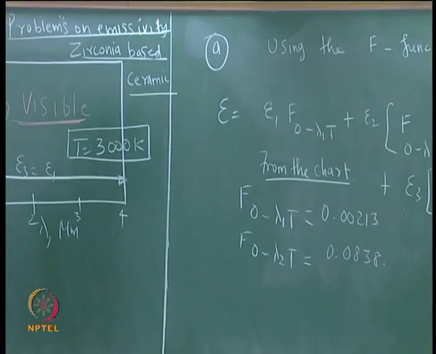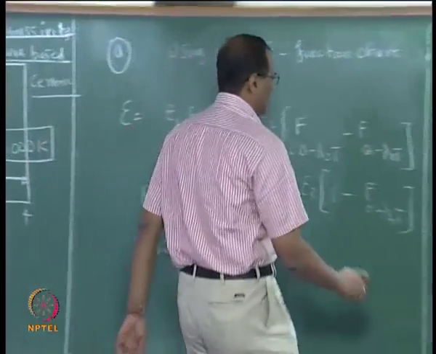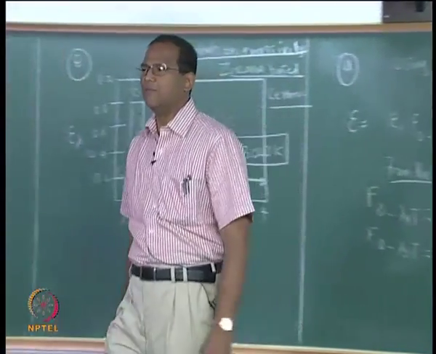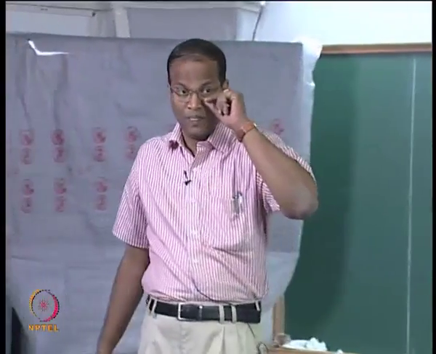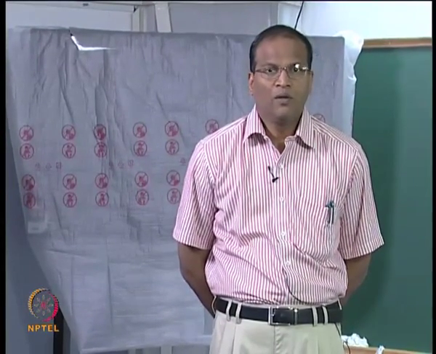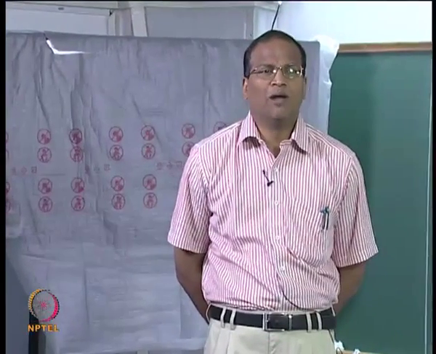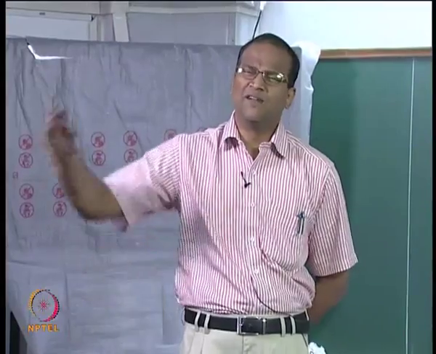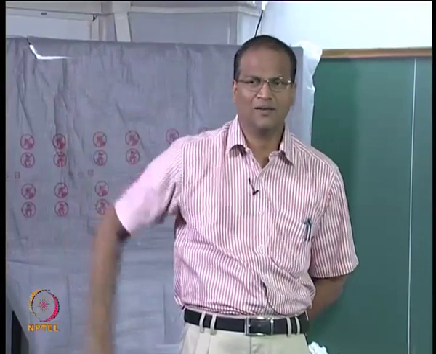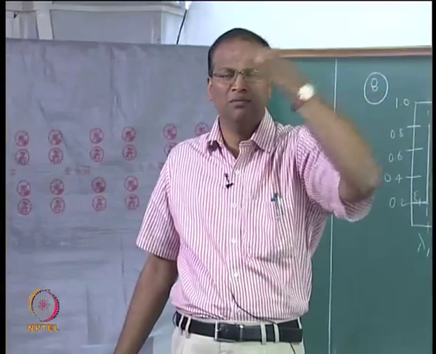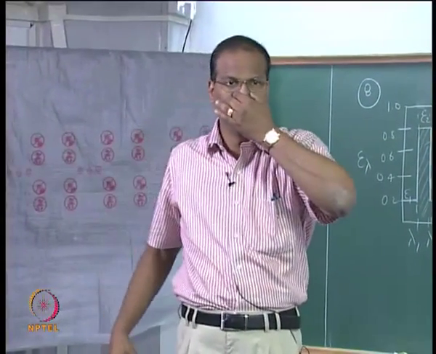Now we will have to see whether it is a good candidate. That will be known only if we solve part B and part C of the problem. Part B is the power consumption. What will be the power consumption? What will be the energy equation for the bulb when it is operating at steady state? You assume that convection and conduction are not there. What is the heat transfer equation for this bulb? Temperature.